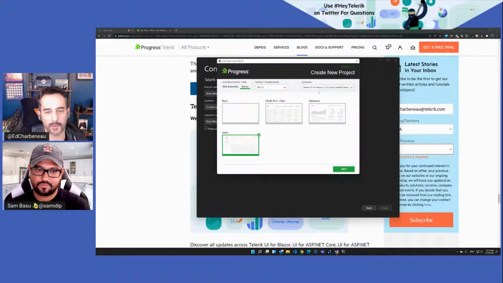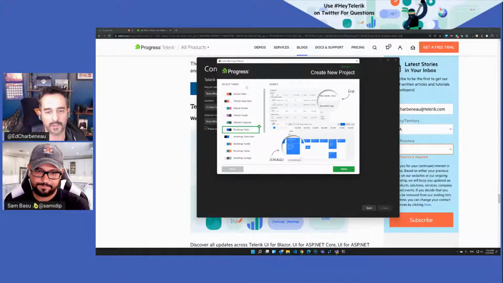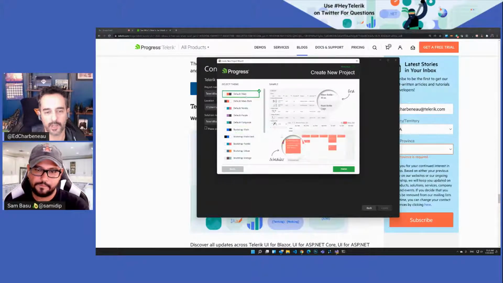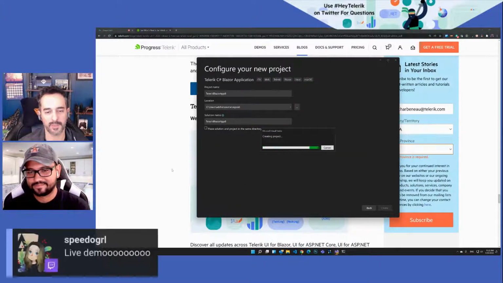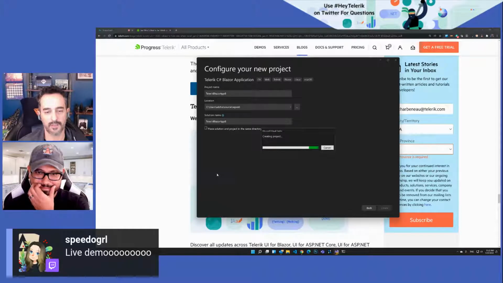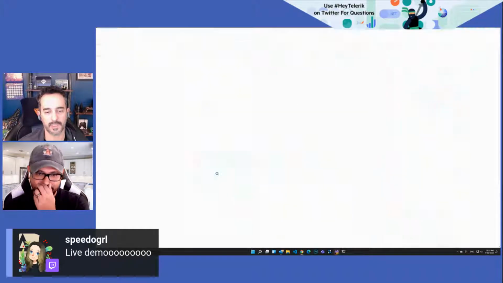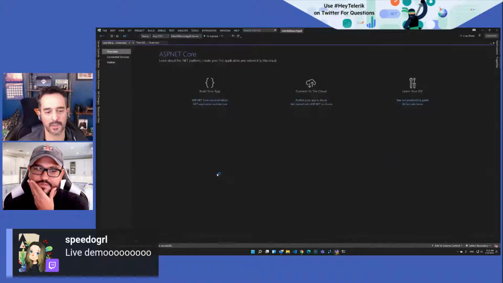I've got Telerik UI for Blazor 3.0 installed. There's my admin template, WebAssembly, not server. And then we hit next, and here's our theming screen. So we're very much in parity here with the other tool that I showed you. They look a little bit different, but they're for different platforms. So it's going to have a little bit of nuance to it. And then we hit create, and